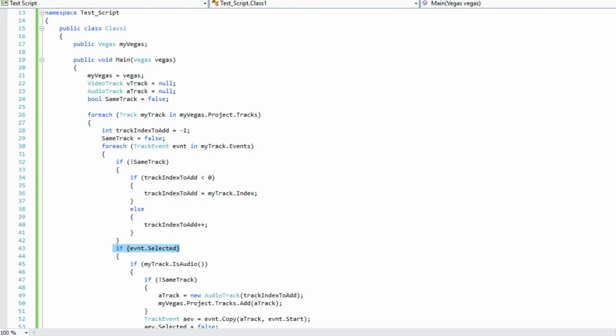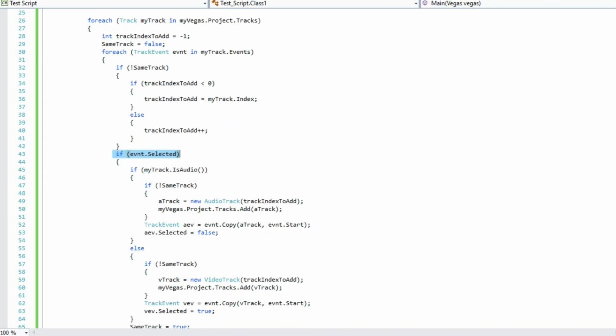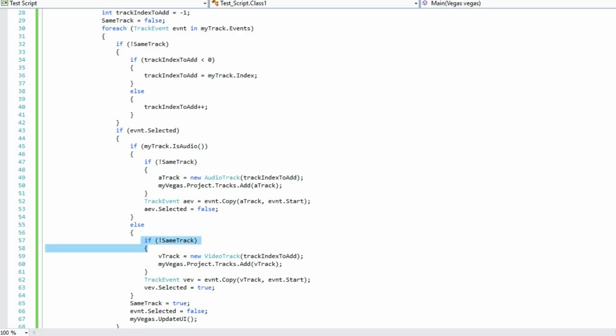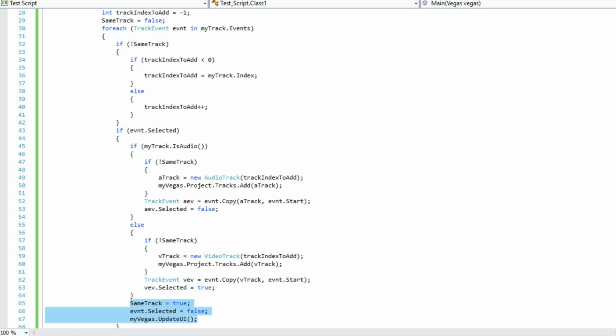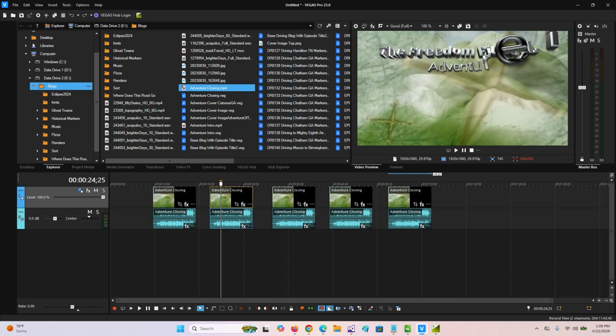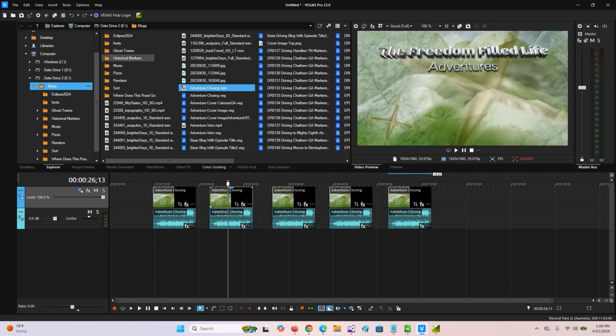If the event is selected, which it is because we just selected it, then we're going to come down here. It's not the same track, so we're going to add a new track in the 1 position, which adds the track above that new track. Then we copy that new event, set the selected equal to true, same track equal true, event.selected equals false, and we continue on down. So if you look to see what happens here when this second one is selected and we run it,